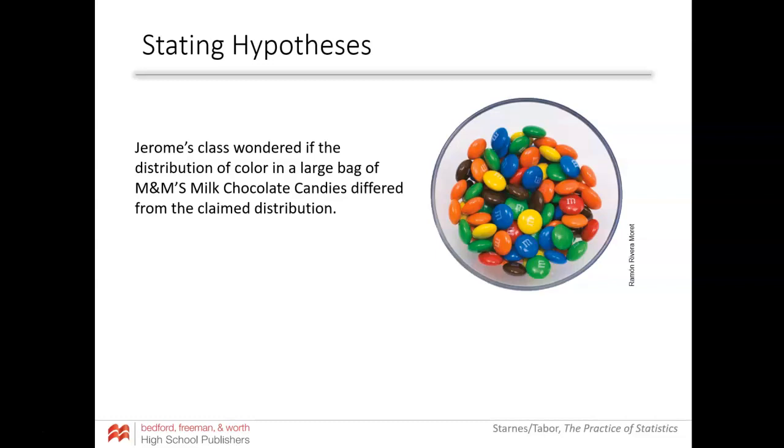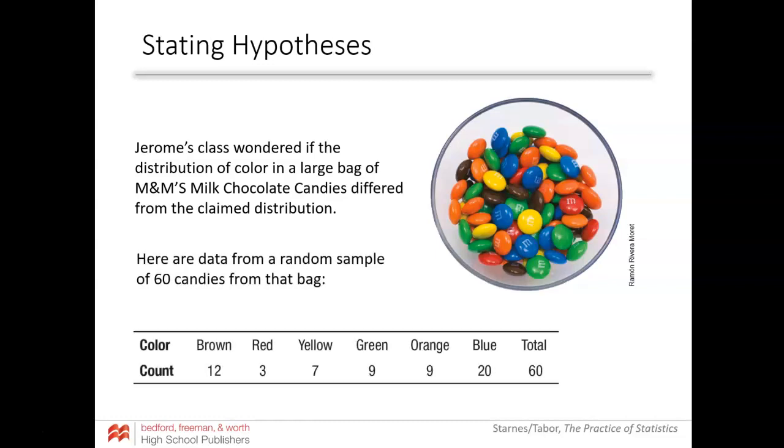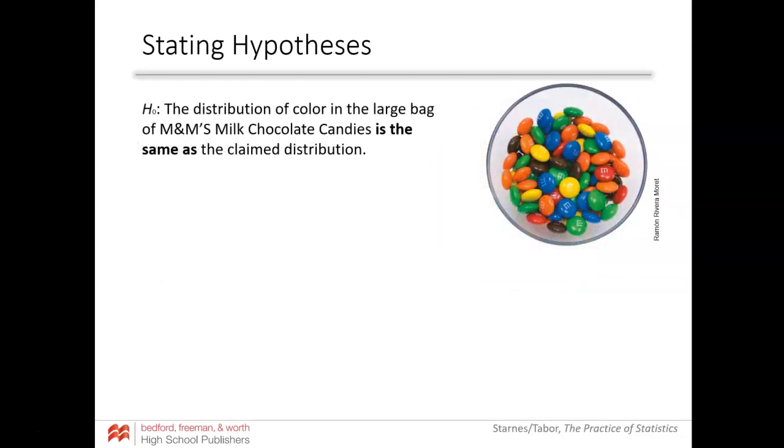Jerome's class wondered if the distribution of color in a large bag of M&Ms differed from the claim that the company was making. So what they did is they took a random sample of 60 candies from a bag, and here's what we're going to call their observed data, and we're going to somehow compare that to what we expected. So we're going to create a hypothesis test, essentially a chi-square test, and we're going to have null and